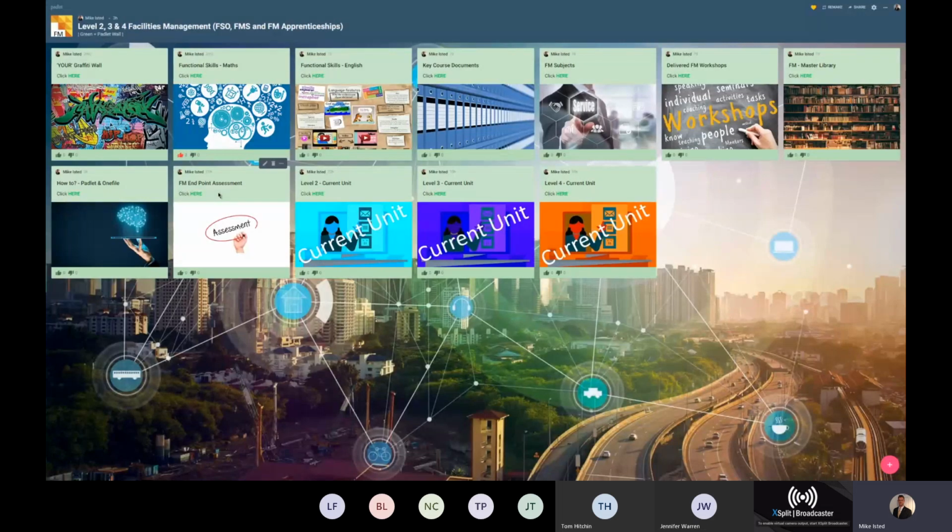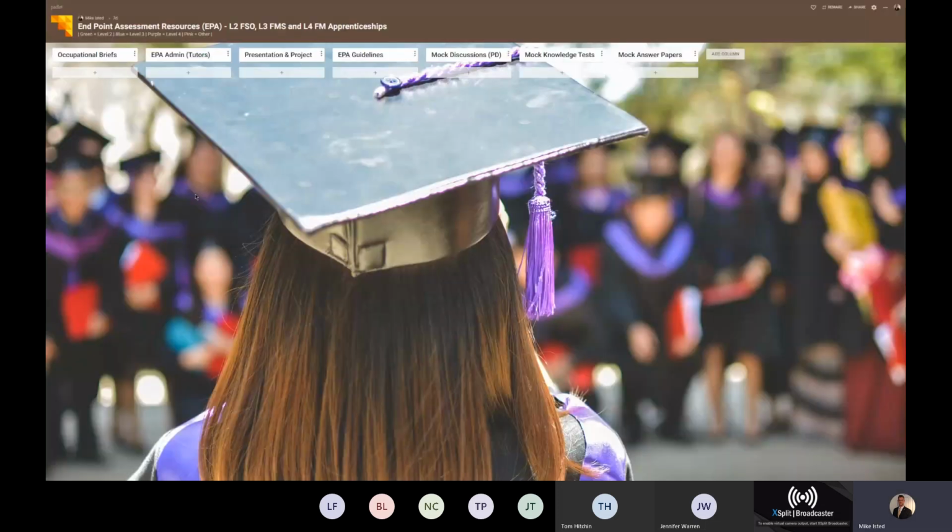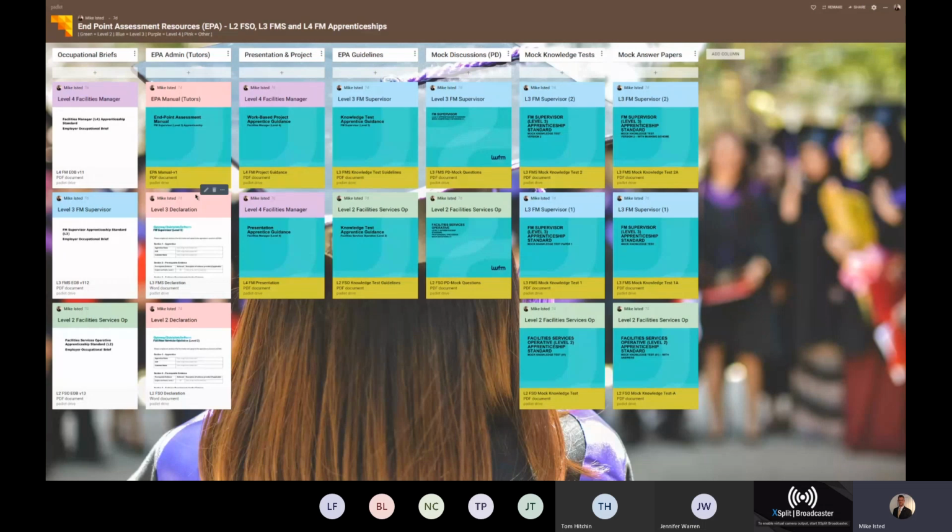Some of you are coming towards the end of your learning journeys. If you're between 2 and 3 units outside of the end of the endpoint assessment, I would strongly advise that you go into the endpoint assessment. Here you will see very easily laid out for you what is required of the level 4s for the